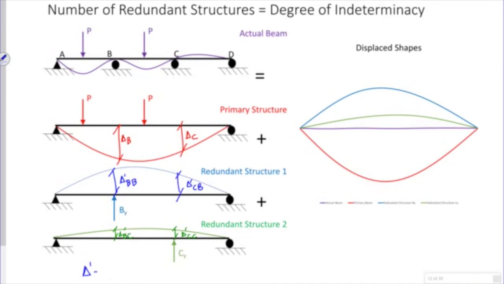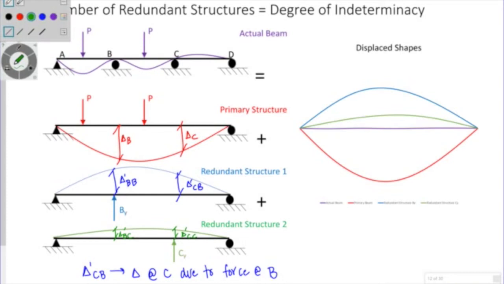My displacement at C due to my force at B, and my 1 in my structure 2 is delta prime BC, my displacement at B due to my force at C. And then you can see